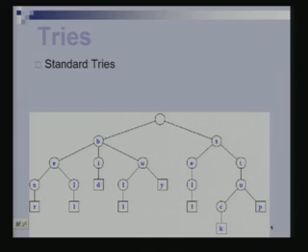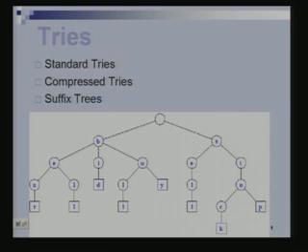Today we are going to be talking about another data structure called tries, and we are going to see its use in pattern matching. I am going to start off with what are called standard tries, just the plain version of tries, then we are going to move on to compressed tries. This is a space efficient way of keeping tries, and the last topic we are going to look at today is what are called suffix trees. The first two terms have tries in them and the third has trees in them; it is not a misspelling.